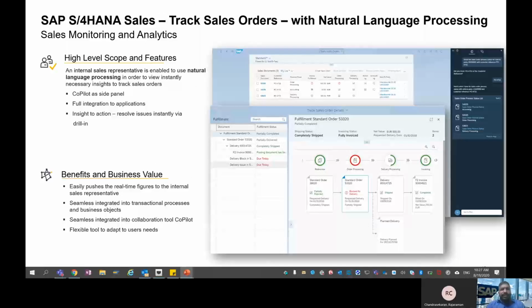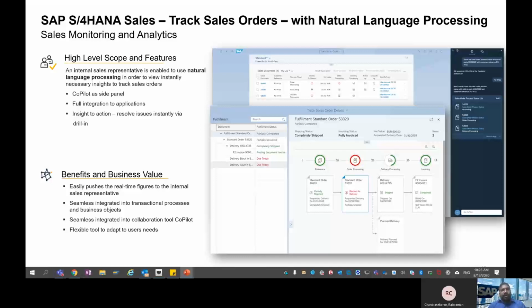Moving on to the next innovation, in the mobile world, as you know, natural language processing is getting more importance, like the use of Alexa, Google Voice Assistant, Siri, and other NLP methods. So basically here with SAP Copilot, an internal sales representative can now use NLP or natural language processing to view necessary insights to track sales orders.